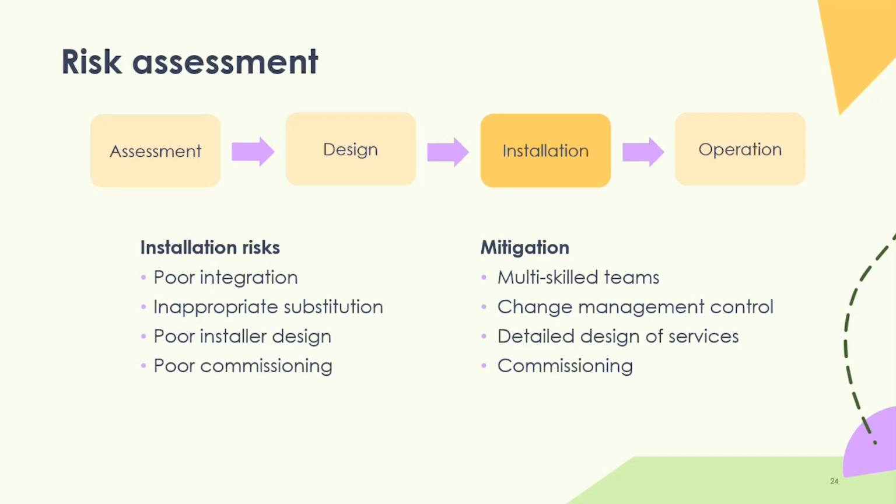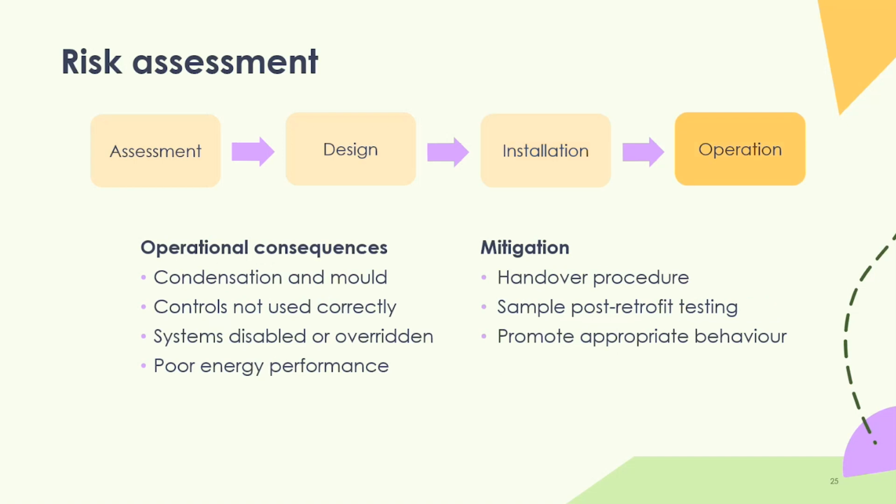And then poor commissioning. Hopefully this is helped by making sure that you've got an idea of what your route to procurement might look like, that you're commissioning things in an agreed way, and that you've looked through the contract and agreed a contract management approach, which will help you better commission the project. Then lastly is operational. So when you're installing these different measures in properties, are there going to be any risks for condensation and damp and mold? Hopefully not as you go through the PAS 2035 process, but what risk could occur through the installation of some of these